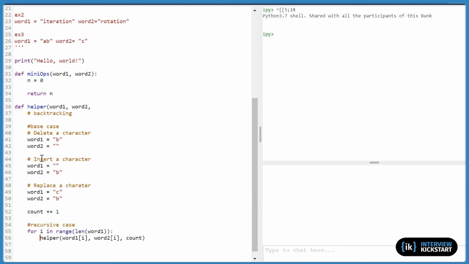Then when it calls itself, it really just handles the base case, and then I don't even need